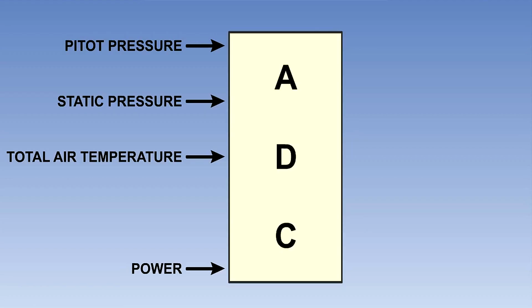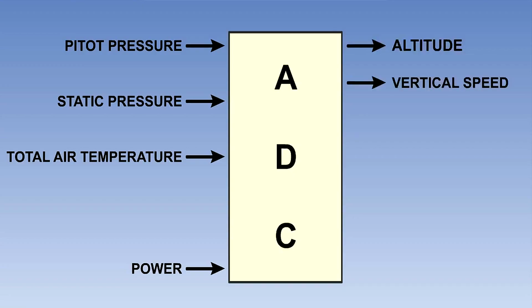The static pressure was converted by the computer into an altitude readout and to vertical speed. From a combination of pitot and static inputs, the computer can calculate indicated air speed. However, because this newer technology is manufactured to higher tolerances than previous direct reading instruments, instrument error is very small and what there is can be accurately measured and corrected. Position error can also be incorporated into the computation process, and therefore the output is presented as calibrated airspeed in many systems. The total air temperature can be shown.